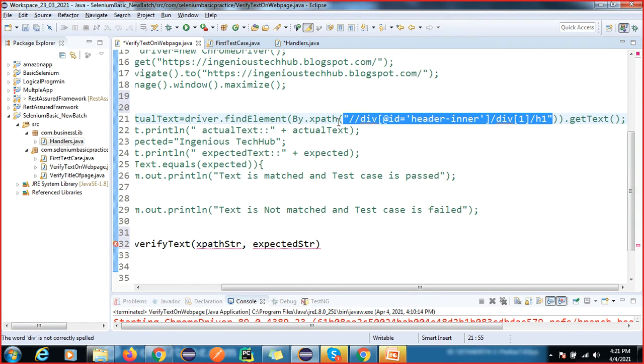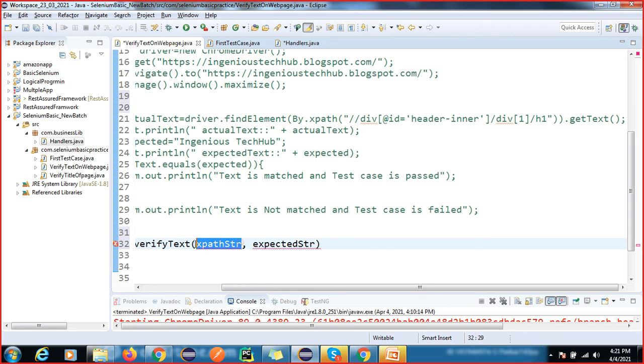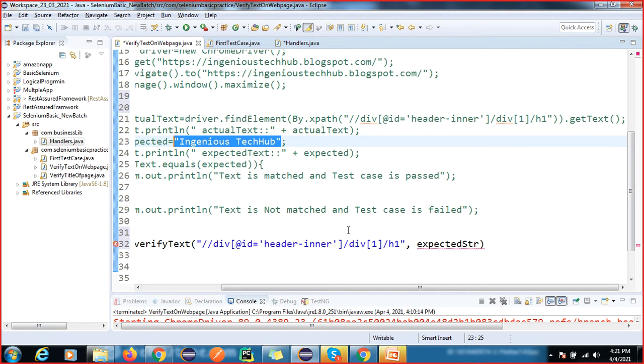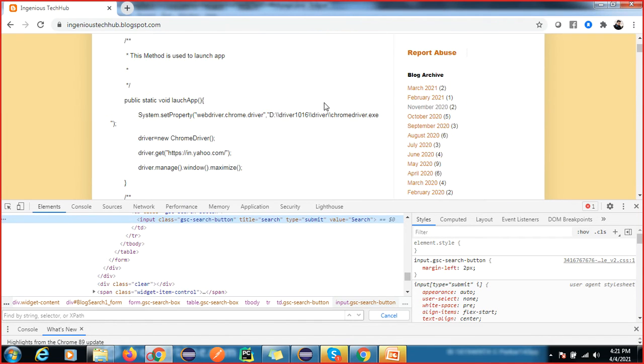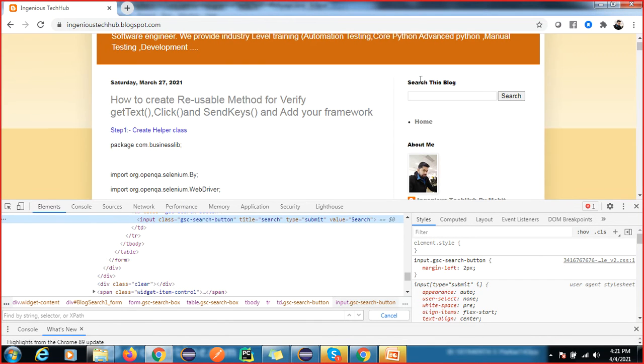Okay, so this is our xpath and engineers tech hub. Okay, that's it. You do not have to write this line of the code. I already did this. Now you have to do all the validation, right? So you have to verify this one. So simply what you have to do, you have to find this.